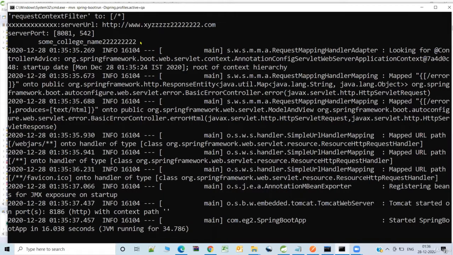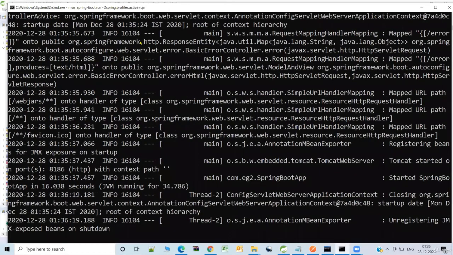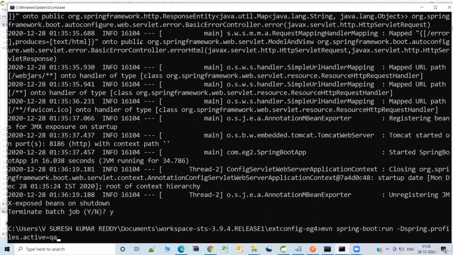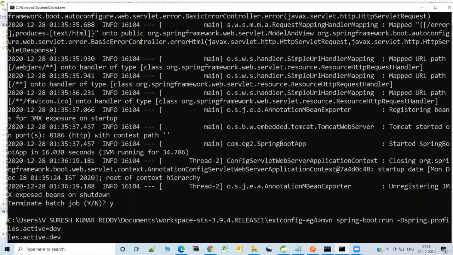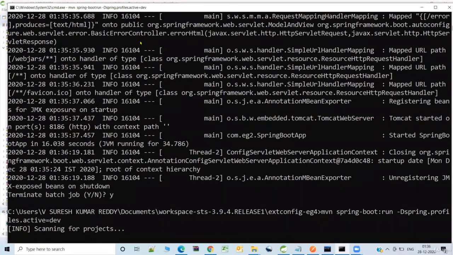Now let us make a small change. I'll be specifying the profile as development. That is, instead of QA, I'll be specifying dev.